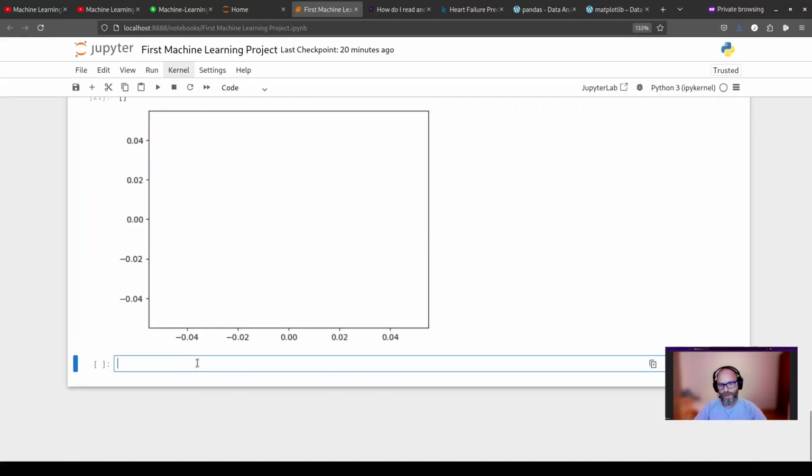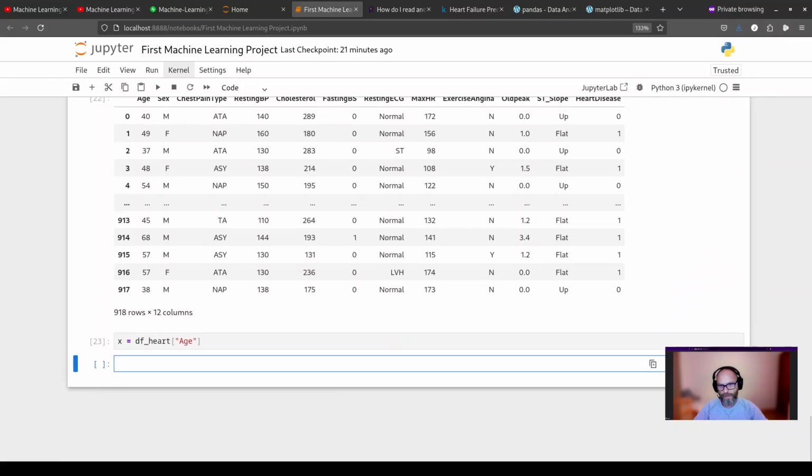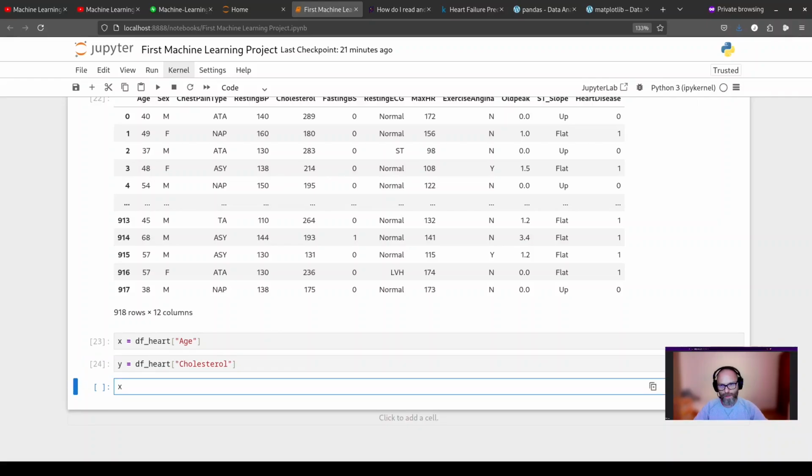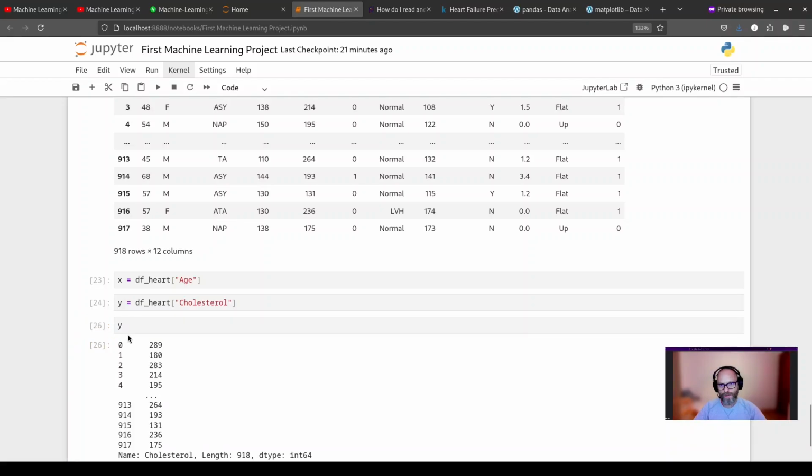The empty plot doesn't do much, but now we can again df heart, shift enter, and we can see that we have some data, so we can type plt.plot, and we can put there some data like X and Y. But first, we need to extract that kind of data. So for example, X, df heart, I will choose age, Shift Enter, nothing happened. Y, df heart, for example, cholesterol, Shift Enter, and now I can display this X. So we have all the data related to age, Y with the cholesterol,